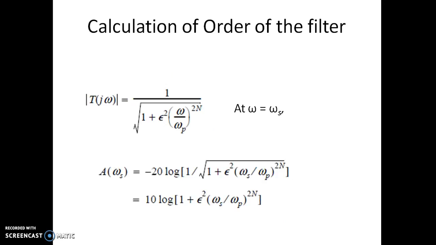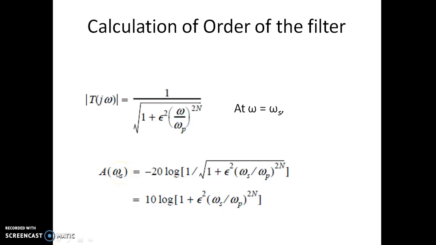Now this is how to calculate the order of the filter. We know that the magnitude of the transfer function of an nth order filter is given by 1 over the square root of 1 plus epsilon square into omega by omega p to the power of 2n, where epsilon represents the allowable variation in the amplitude in the passband. By substituting omega equal to omega s, which corresponds to the magnitude at the edge of the stop band,